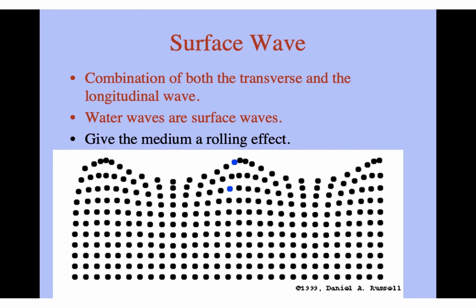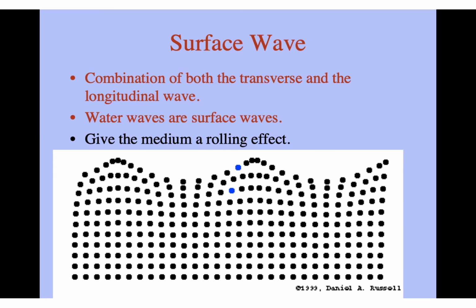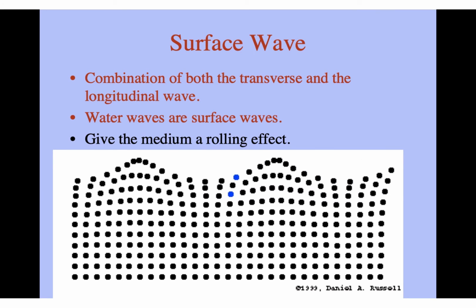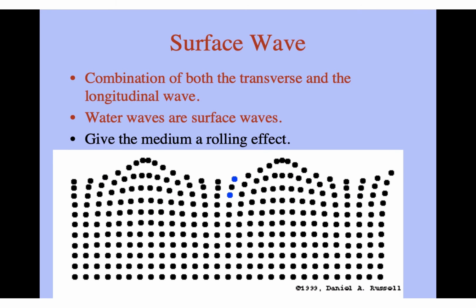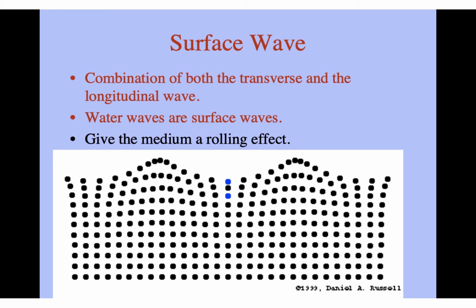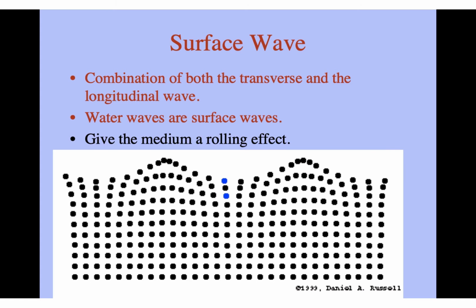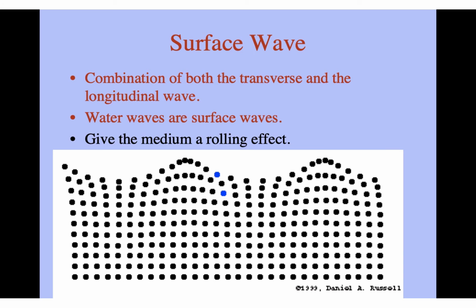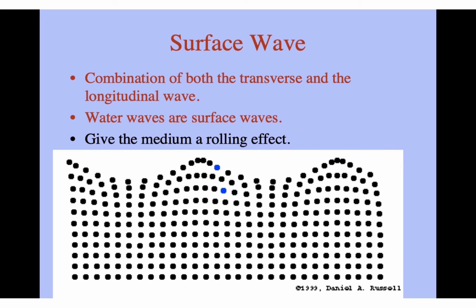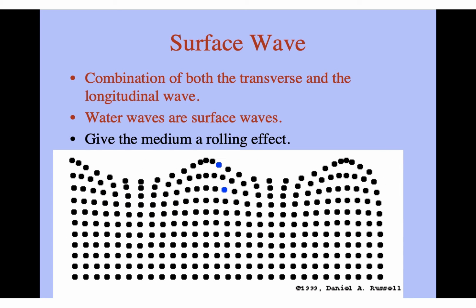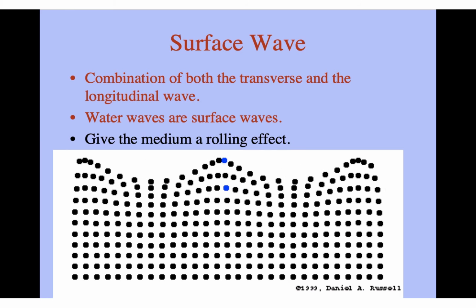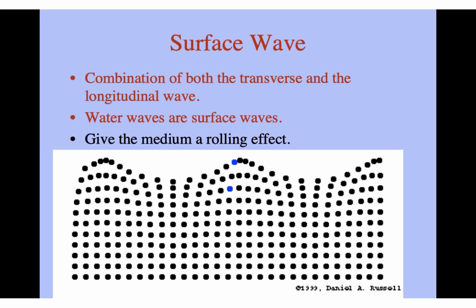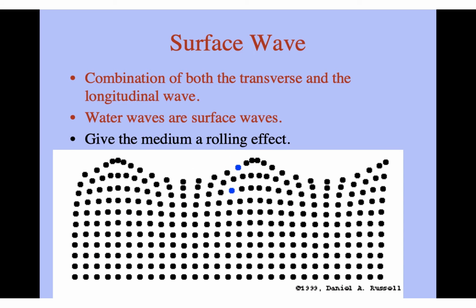Now, here's that combination. You have to look at those little blue dots, right? When you think of water waves, you think of all sorts of different things. Most people probably just think, oh, that's a transverse wave. But if you can see the whole material, look at that. It's moving in a circular pattern. So what's happening is there's both types of waves traveling at the same time. You have the compression wave, or the longitudinal wave, and the transverse wave interacting with the water molecules.